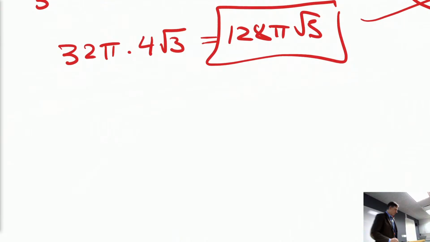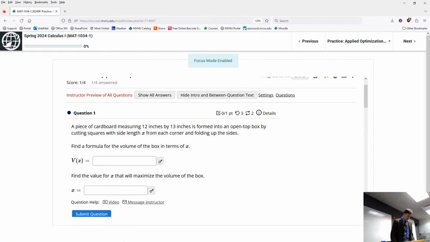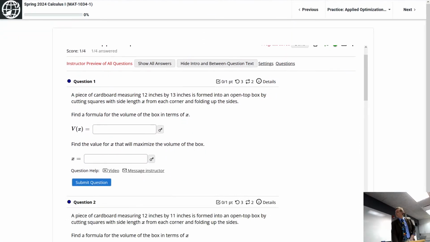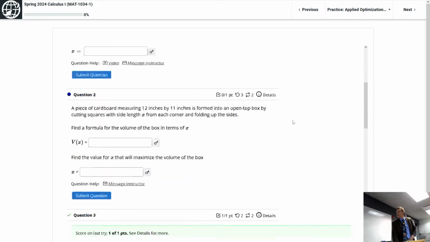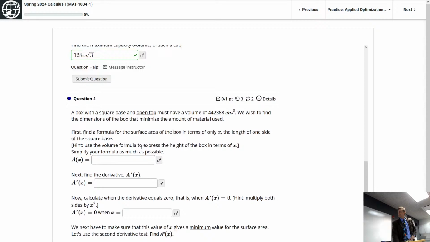Okay, let's move on to number 4, since that's another one that's a popular one. So give me a sec here. Let's find. So there's number 1. Just a minute. I'll make this big. Let me F11 to make it full screen. Beautiful, isn't it? So look at that. I even got it right there. Okay, so